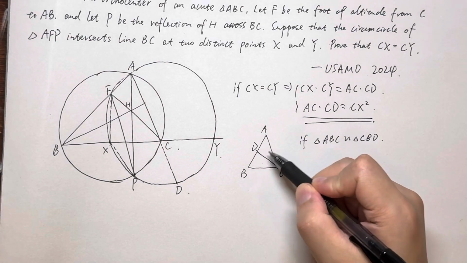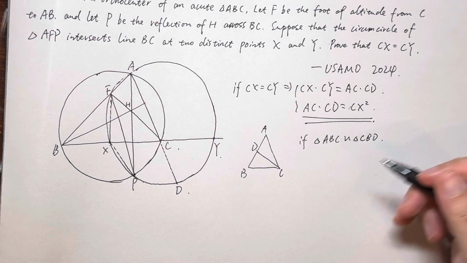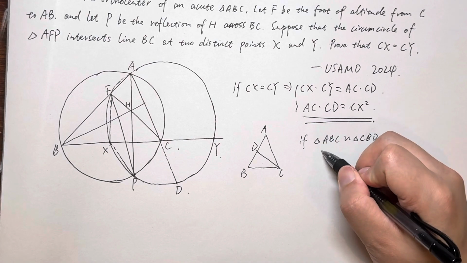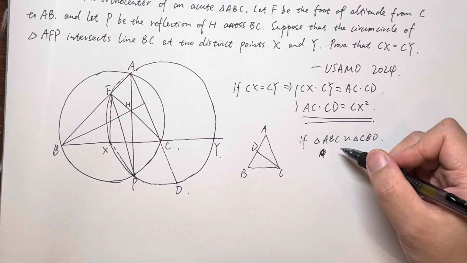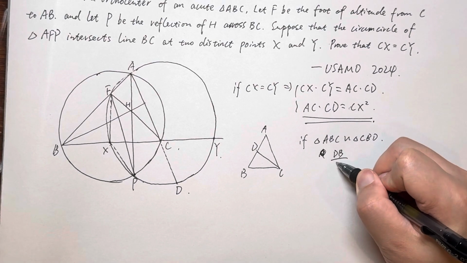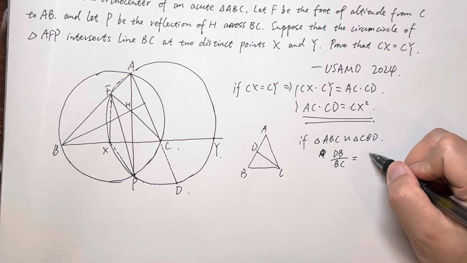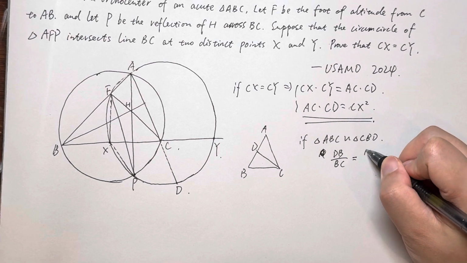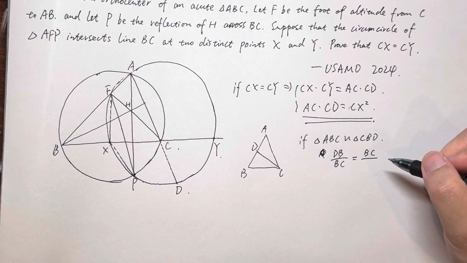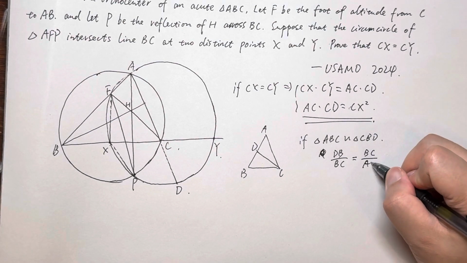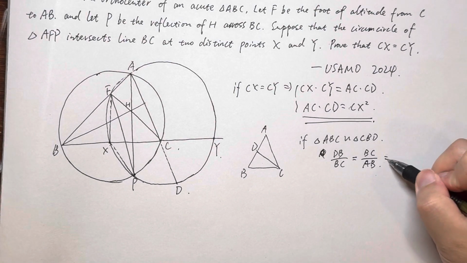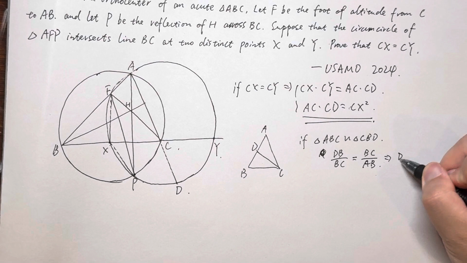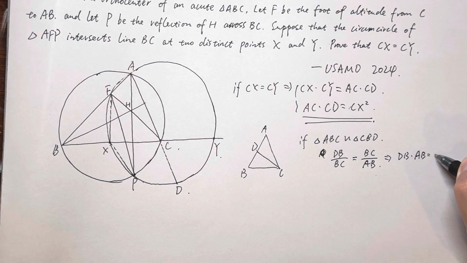If these two triangles are similar, that means we have DB to BC equals BC to AB, right? Which means we have DB times AB equals BC squared, right? It looks like this one,